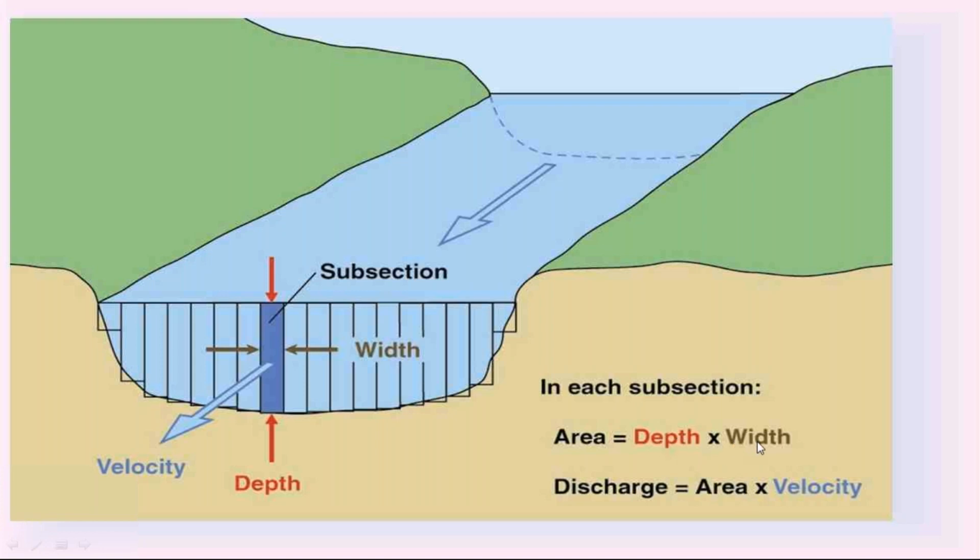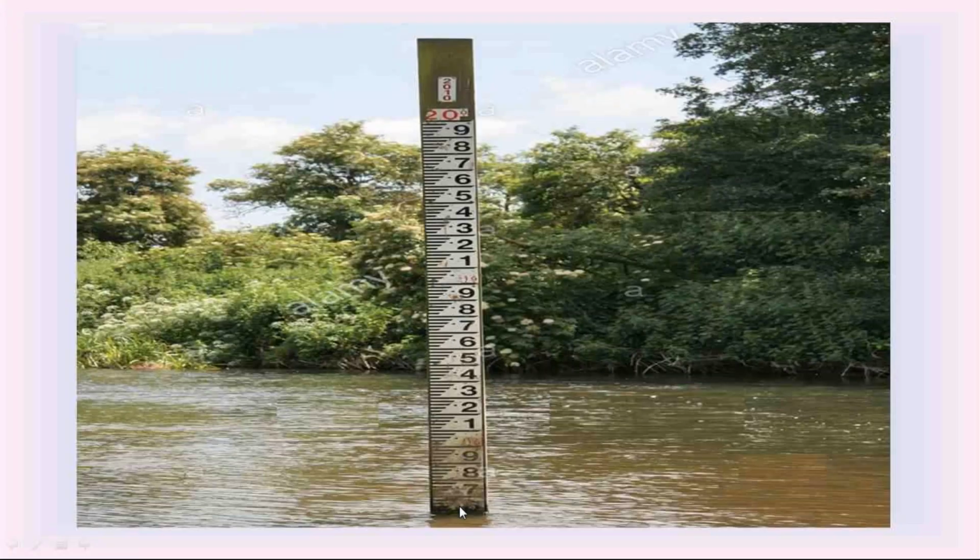Now most of you will have a doubt: how to measure this depth of flow in rivers? For that, at control sections, we provide this type of scale. So please check this diagram on the cell phones. This is the vertical scale installed at the location of the control section. This is the control section in this open channel, a river or a stream. By using this scale, I can measure the depth of flow.